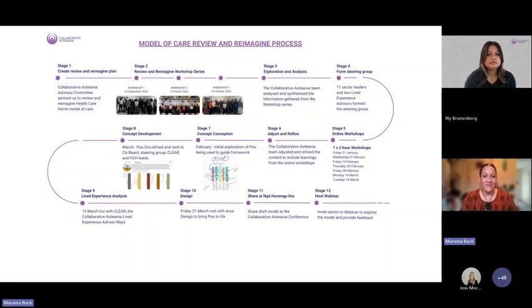So our advisory committee asked Collaborative Aotearoa to review and reimagine healthcare home. The very first thing that we did as the team of Collaborative Aotearoa is really look into our own experiences and those of our whānau when they are seeking care from primary and community care services. And we asked them to do a little video interview about their experiences, which we then used to anchor